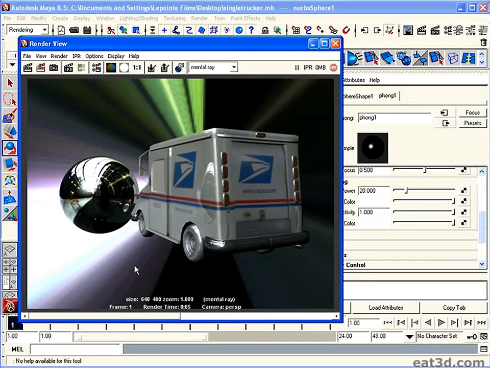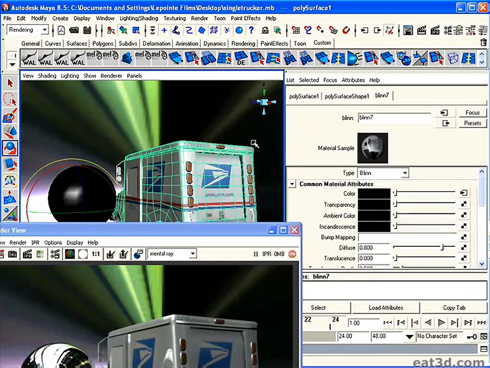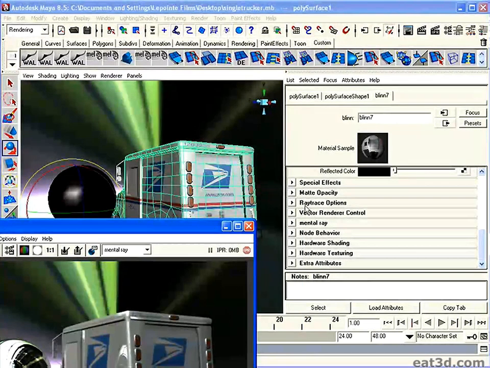So there you go. You can see where the reflections are turning off really nicely. It's always good to have a ball in your shot to see how the reflections are going. This material is not very reflective, so you're not going to see much, but you are picking up some reflections here and there. You really don't want your objects to be perfectly reflective like mirrors, so a good way around that is I'm going to go into the blend material of this truck,